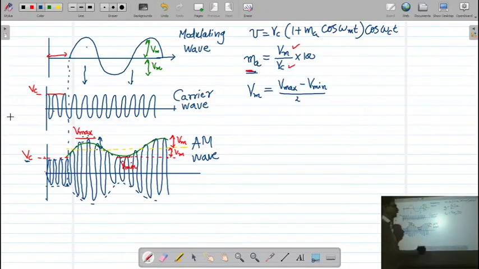Dear friends, in the previous lecture we discussed the theory of the amplitude modulated wave and obtained the expression for it. In that expression we defined a term called the modulation index. In this video lecture we will see how we can measure the modulation index, because it represents how much of your information signal is superposed on the carrier wave. So let us see how we can measure it.